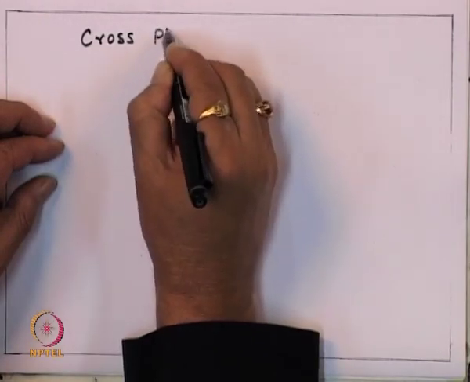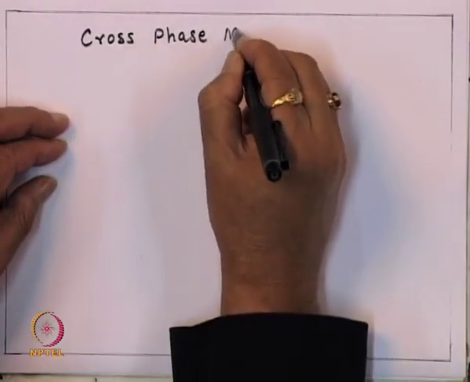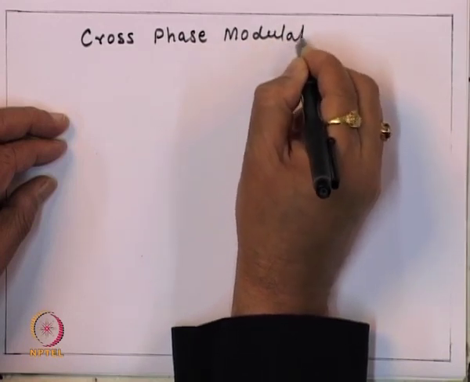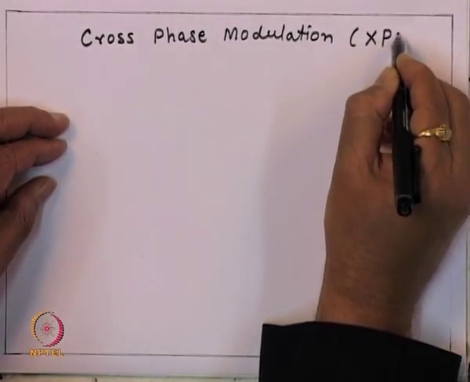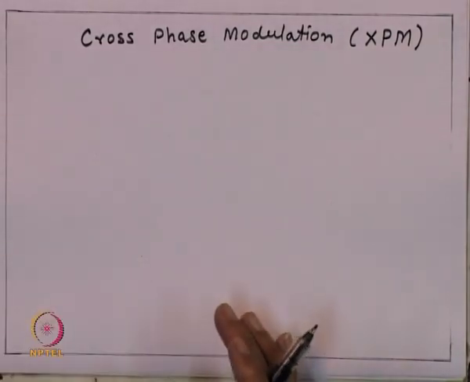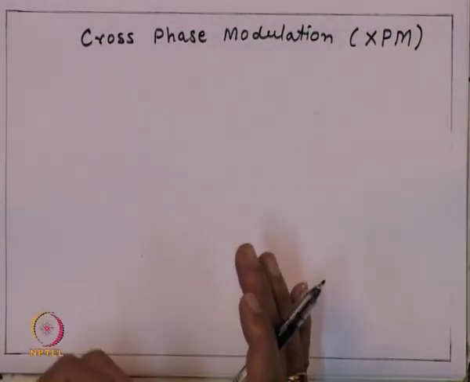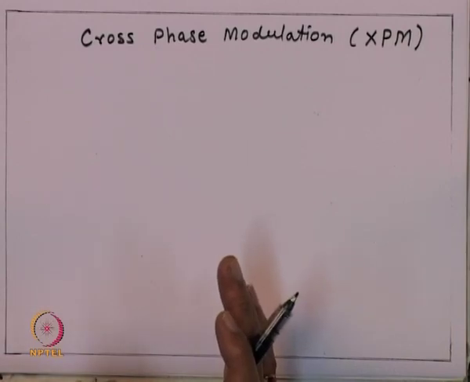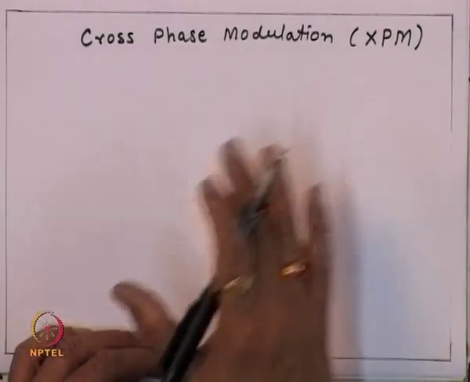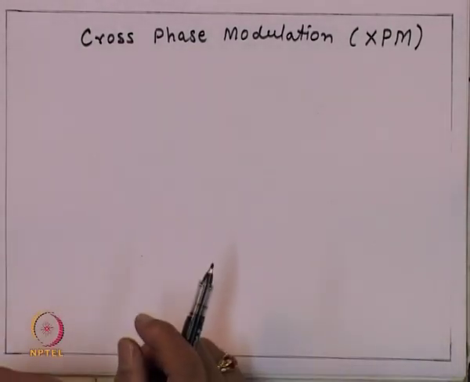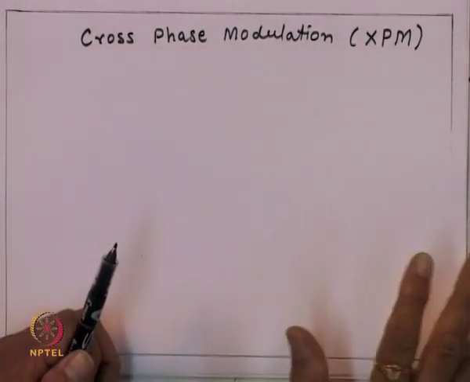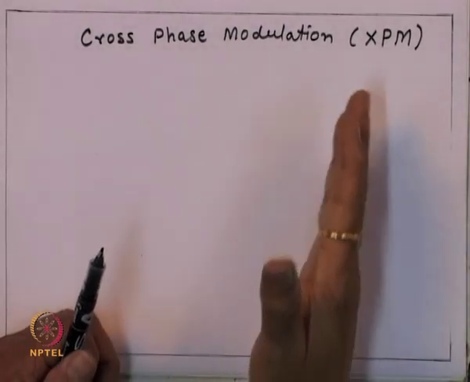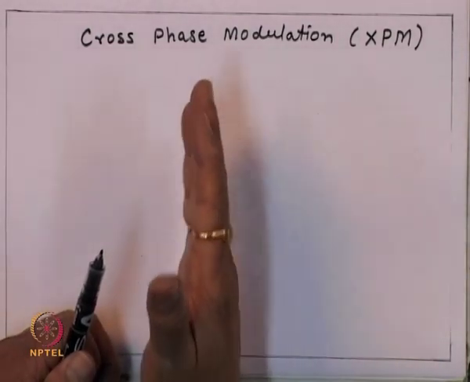So, we have this phenomena what is called cross phase modulation, and in short it is called XPM. So, whenever we are going to have multiple channel transmission inside the optical fiber, there would be this phenomena of cross phase modulation. Now, as we know that for a WDM system, when large number of channels propagate, if there is sufficient power in each channel, then there would be change in the phase of each signal because of the